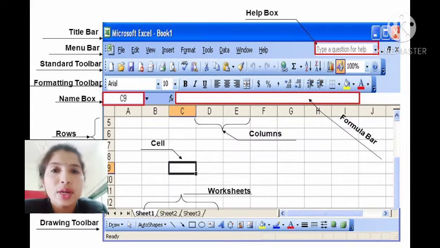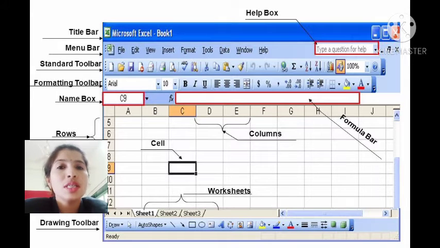Now we are going to see the name box. Whichever cell we are working on, that cell name or cell reference is visible in the name box. For example, if it is C column and 5 row, then the name will be C5.